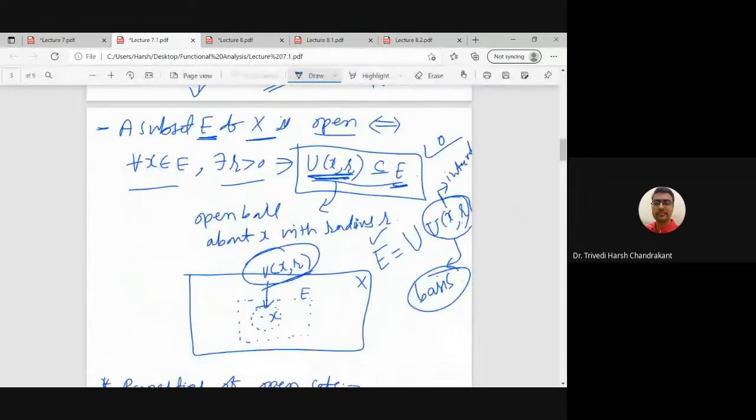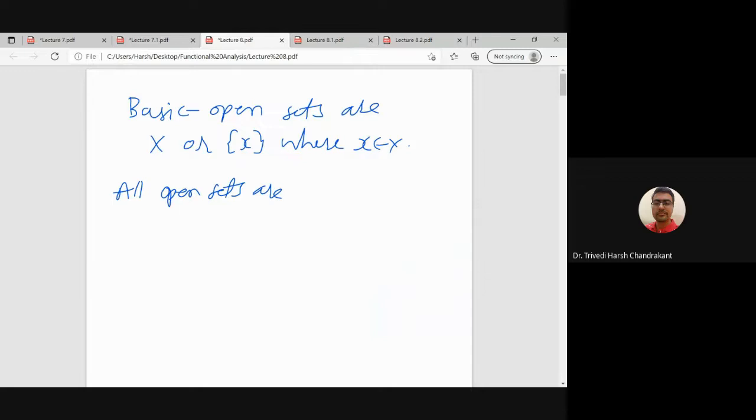Yeah, so if you want to find all open sets, then open sets are basically the unions of U_x^r. And these are either this set or this set. So depending on which set we are taking, we will get all the open sets. So what are the open sets? Unions of basic open sets. In this union we can select finitely many elements also, infinitely many elements also, right? So depending on that, in particular,